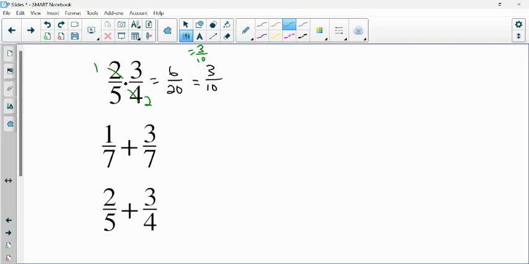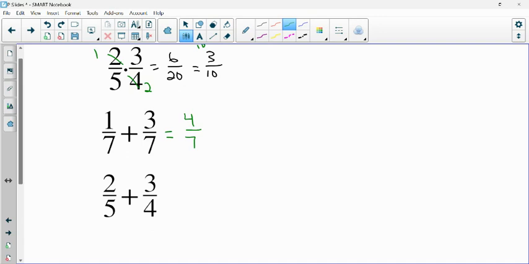As we said before, if you're adding fractions, you need a common denominator. This one already has the common denominator, so you just add the tops, keep the bottom the same. And then for the bottom here, 2/5